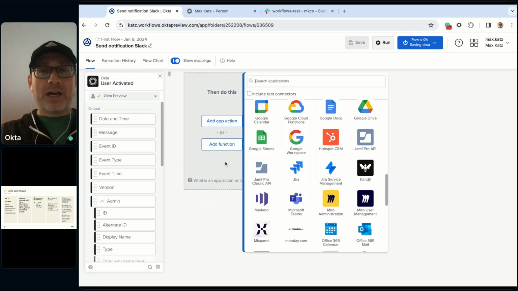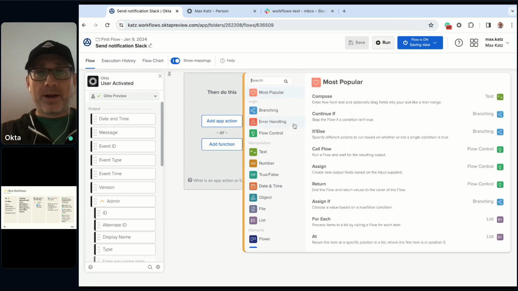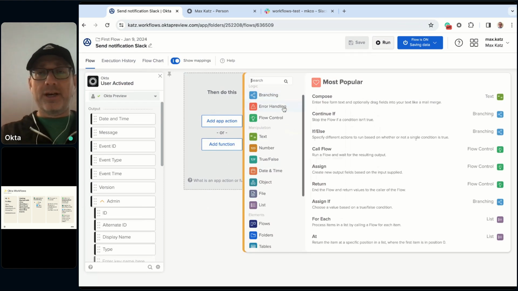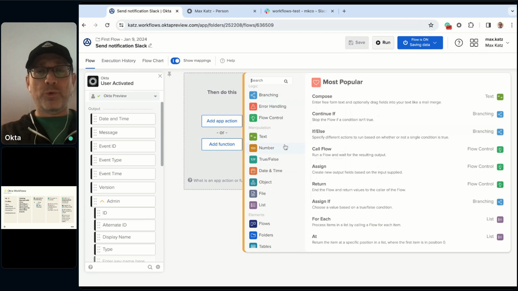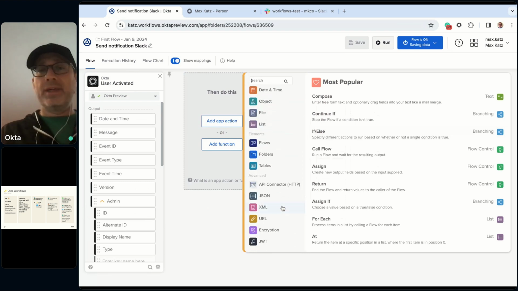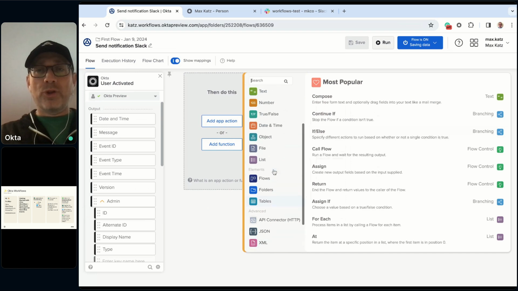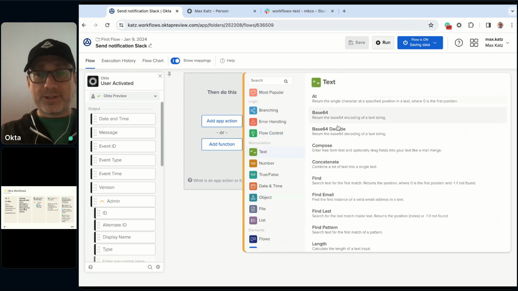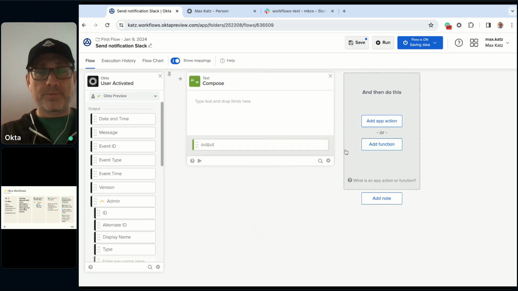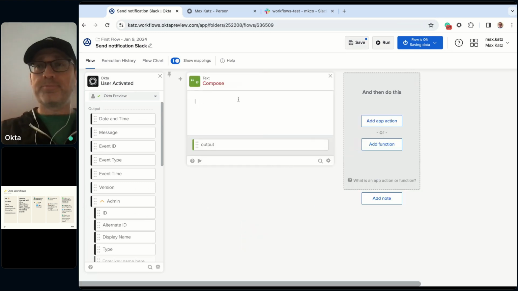All right. Now, on the other hand, functions, as I said, allow you to create data, manipulate data, and change data. So you can work with text, you can work with numbers, there's true/false, if-then, objects, lists, and so on. Now, the one we want is in text, and it's compose. And we can say